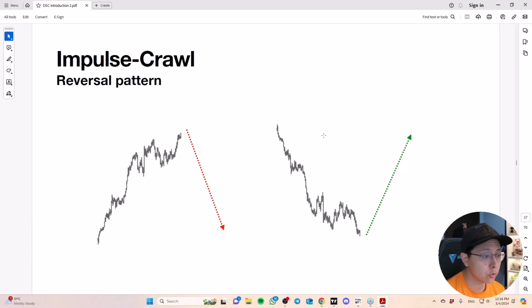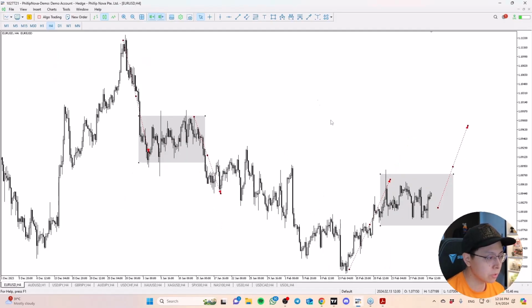The opposite is true. The market came down fast, it does a crawl, so there's a lack of momentum, and then after that, the market reverses, right? So again, very quickly, let me jump into a real life chart for you. You can see that as the market initially moved, this is fast, and then after that it continued to move lower, but it's not as quick and not as strong in momentum as it previously came down, right? And the market starts to show signs of a reversal.